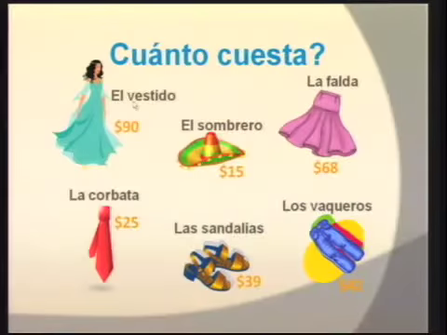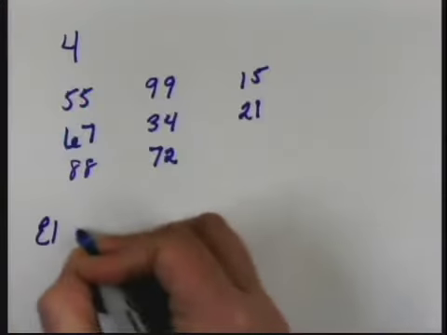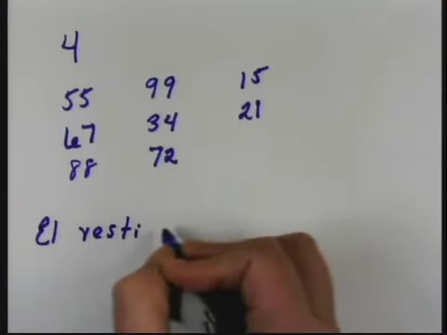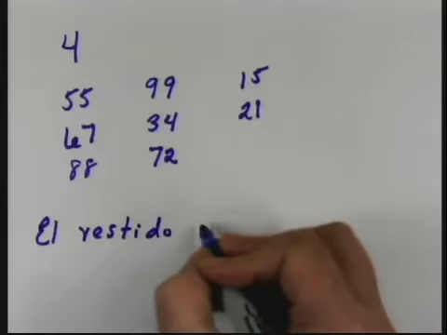Ahora podemos decir cuánto cuesta. How much does it cost? Por ejemplo, el vestido. ¿Cuánto cuesta el vestido? How much does the dress cost? Repite, ¿cuánto cuesta? ¿Cuánto cuesta el vestido? Okay. So to answer that, you would say, el vestido cuesta